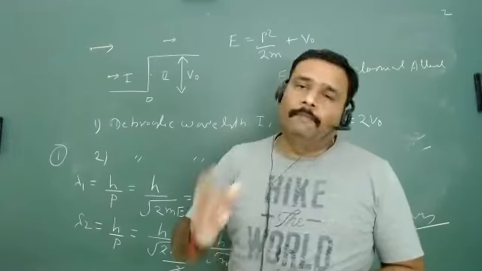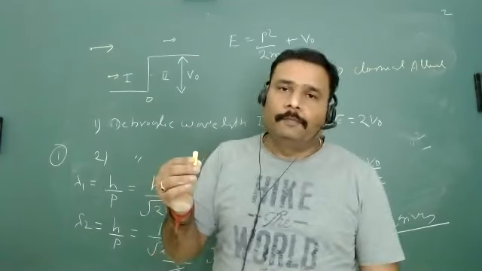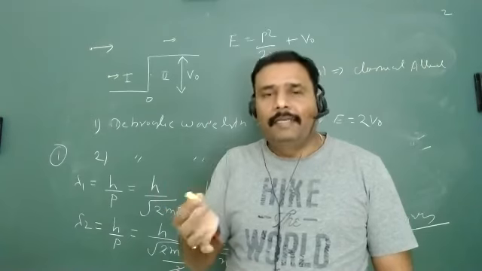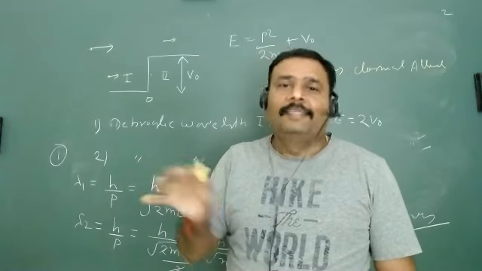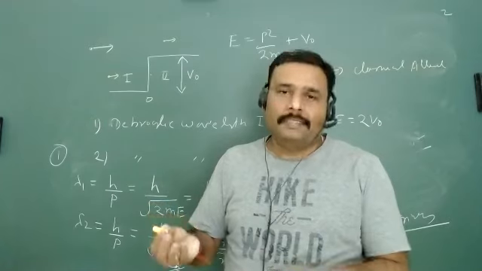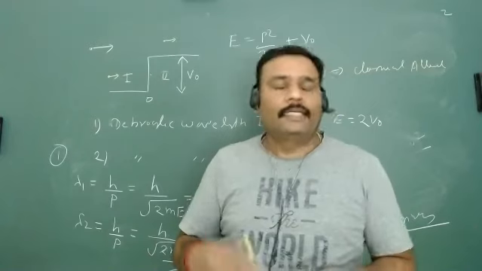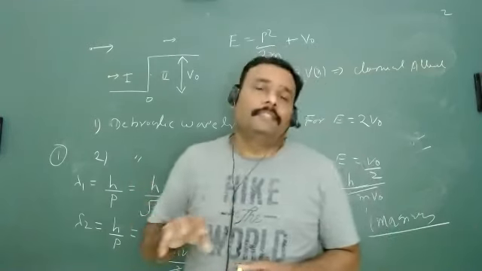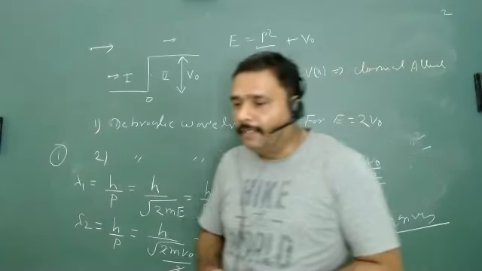And if someone asks you whether this particle is a classical particle or a quantum mechanical particle, a particle is always a classical particle. The treatment may be classical or quantum mechanical. In some places the quantum mechanical treatment doesn't work, and in some places the classical treatment doesn't work. So it depends on observations, where we use which kind of concept. This is a very important thing.